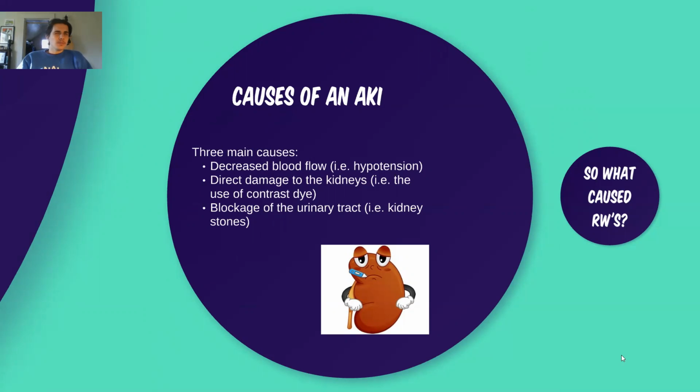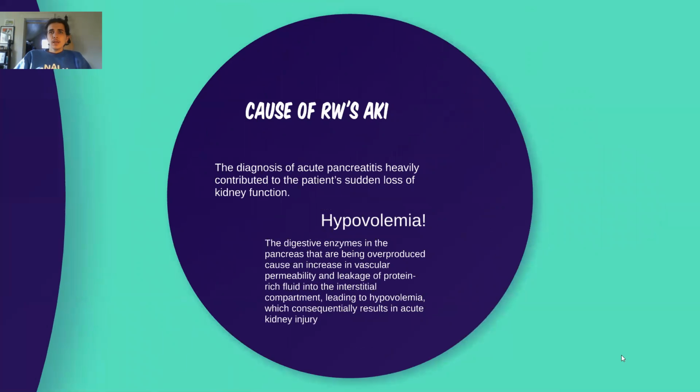What caused RW's AKI? So we're looking at acute pancreatitis. How could that lead to an AKI in the hospital? Well, the diagnosis of acute pancreatitis heavily contributed to the patient's sudden loss of kidney function. So hypovolemia was the culprit here. The digestive enzymes in the pancreas that are being overproduced cause an increase in vascular permeability and leakage of the protein-rich fluid into the interstitial compartment, leading to hypovolemia, which consequently results in